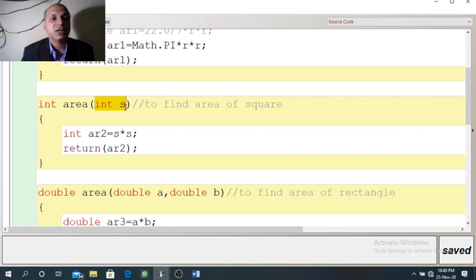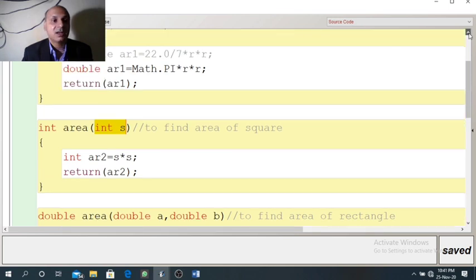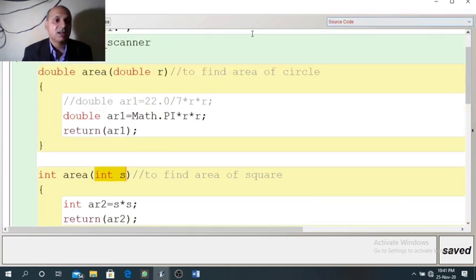We need one side of the square, so we have taken int type as the side. The reason is, in the first method also we are taking one argument, in the second method also we are taking one argument. So when the number of arguments are same, then their data type should be different. This is the reason I have taken int here.